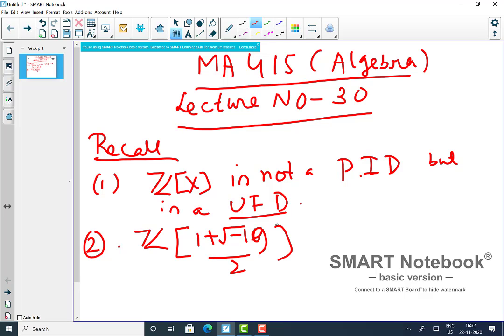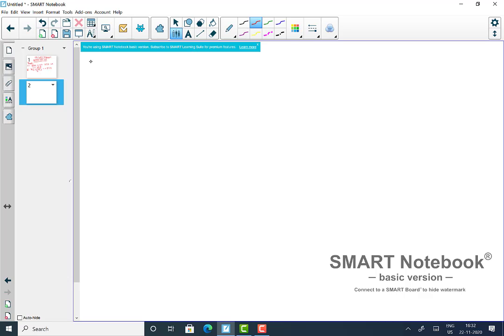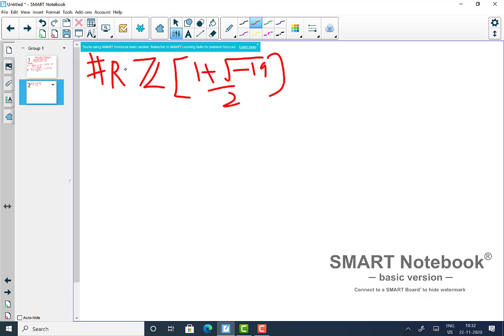And we showed that it is a PID, right? Because it has a norm that guaranteed it is a PID. But this was also an example that I can just say, Z[(1 plus root minus 19)/2]. Suppose this is my ring R, it is not a Euclidean domain. So obviously